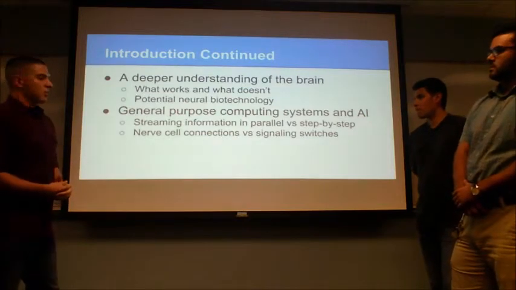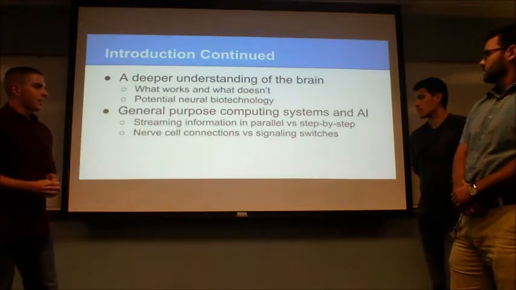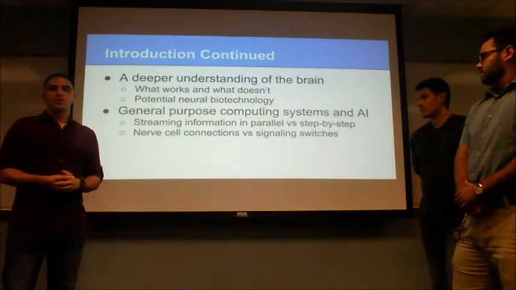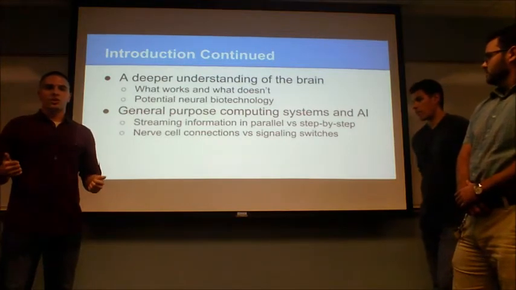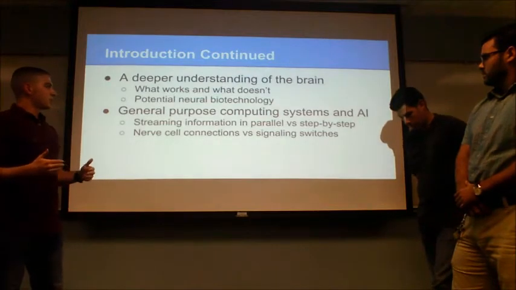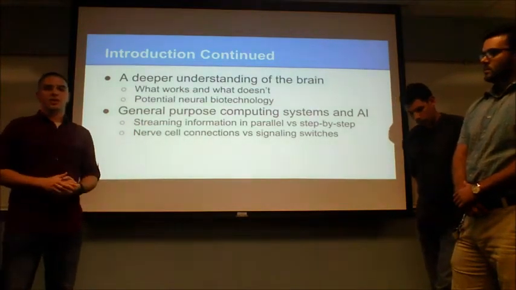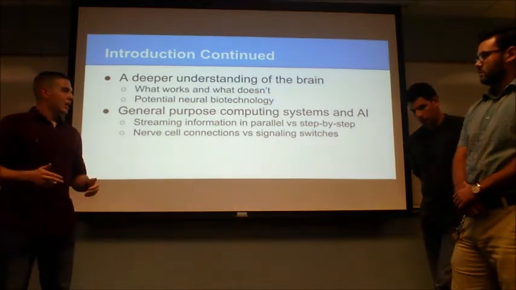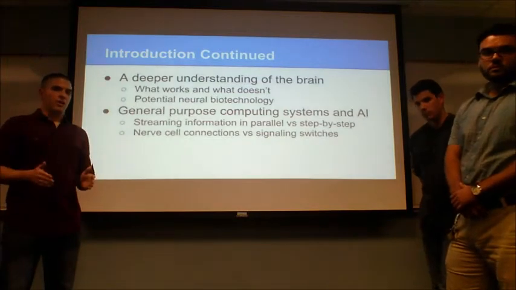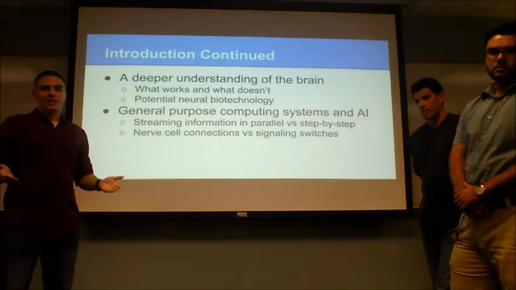Secondly, more about technology. We're going to create general purpose computing systems and AI, artificial intelligence, such as streaming information. The brain uses nerves and neurons to connect the brain to thousands of nerves in your body. And by doing this, researchers using simulation can do away with the step-by-step process that computers nowadays use and replace it with streams of information that are in parallel. So we could study multiple information and a lot more